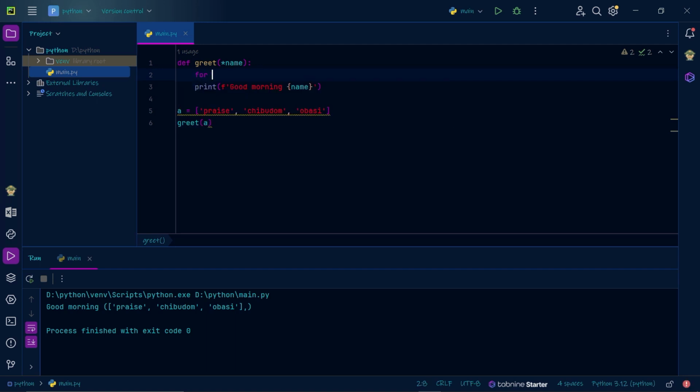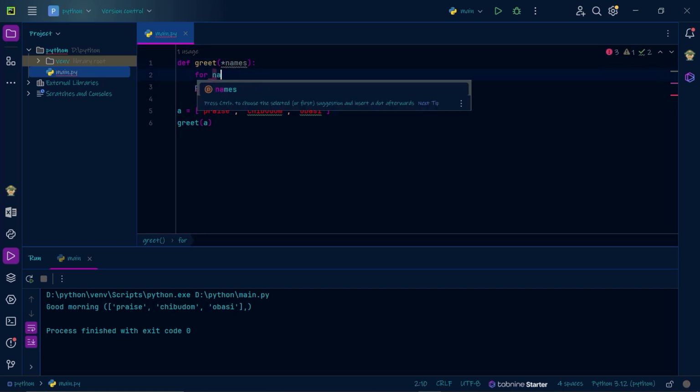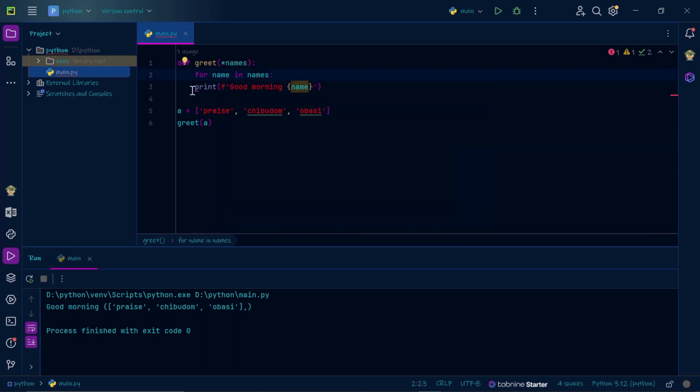So we're going to say for i. It can be anything, but i tends to be what almost all developers use. But for i, let's make this one's names here. So let's say for name in names, we're now going to indent here and we're now going to print name, not names. If we print names, we're printing this list. But we're saying for every name that is inside this list, so for every single element,